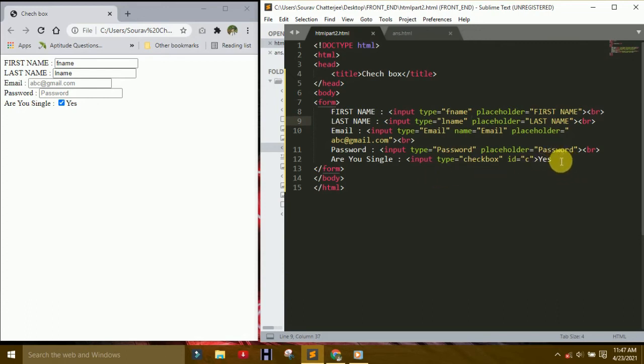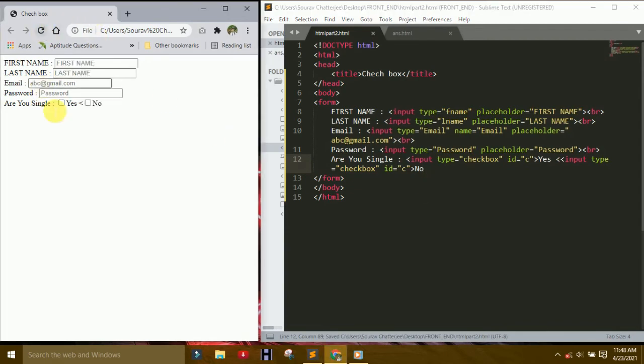Input type checkbox, id yes, and another one is break or space. Input checkbox, or copy from here. Id checkbox no. Okay, so replace it to no. Understand the changes. So here two options, yes or no.